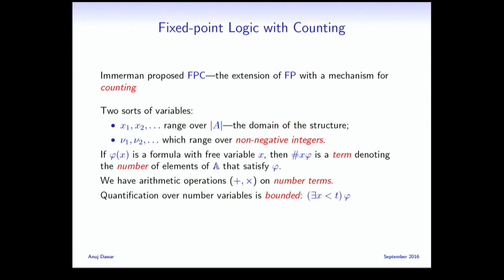In Immerman's original formulation, these things only ranged over numbers up to the size of the structure, but it seems this allows you to let them range wider, as long as every quantifier is bounded, and then you can show that the expressive power entirely stays within polynomial time. Okay. So fixed point with counting, as I said, at one point it was suggested that this might capture polynomial time. It doesn't, and I'm going to tell you why.